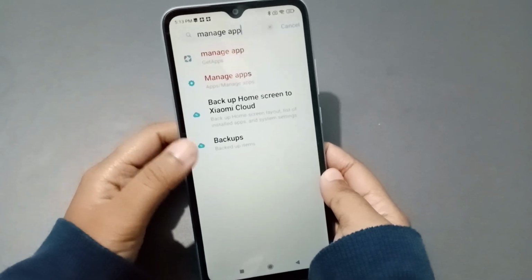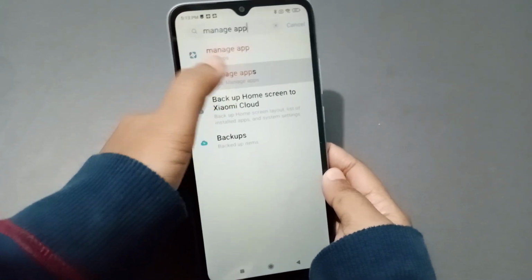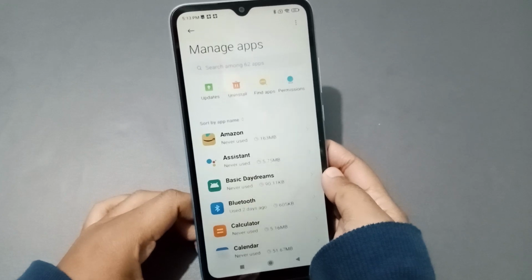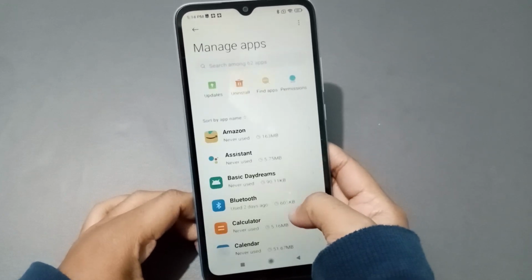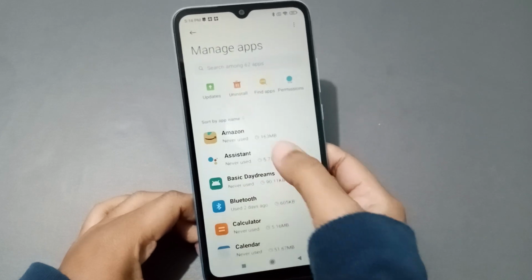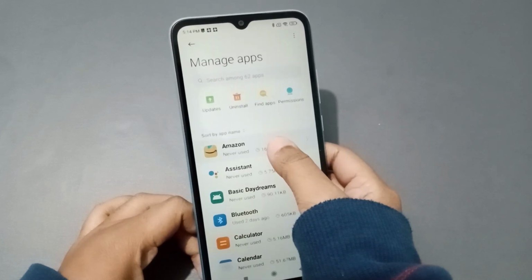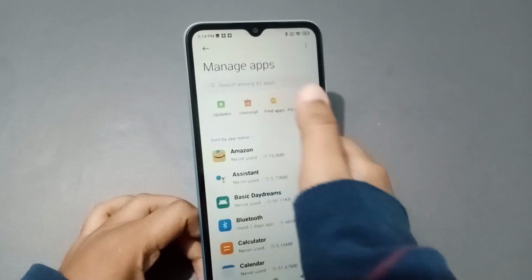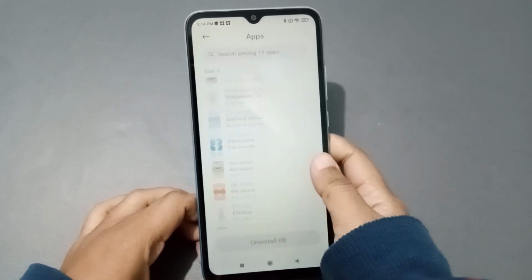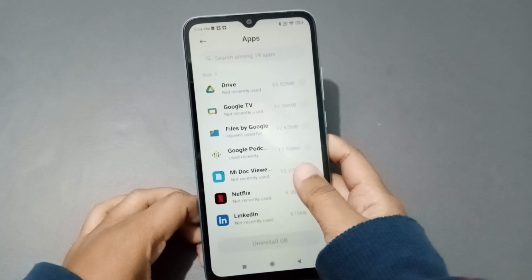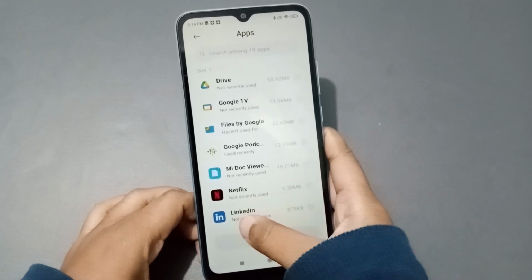If you want to manage the apps, you just click here on Manage apps. When you click on Manage apps, you can uninstall from here. What you need to do to uninstall is press the app like this. Click on Uninstall if you want to uninstall. From here you can uninstall the apps, suppose I want to uninstall this